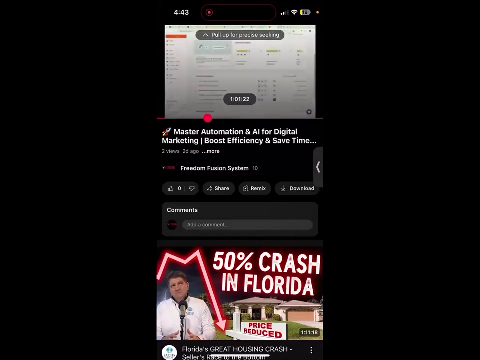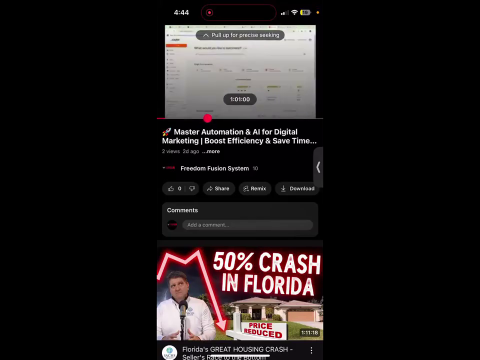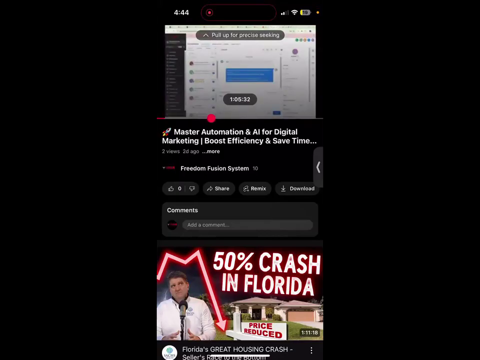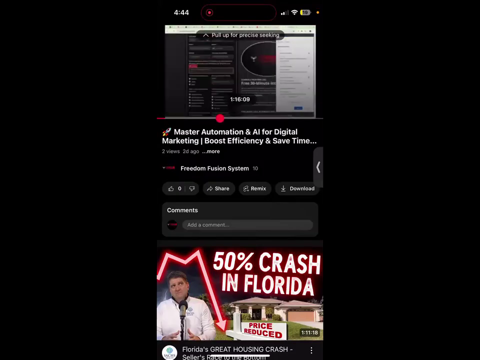Over here, I'm showing you Zapier, how I'm logging into Zapier and creating a bunch of zaps. Those are the zaps that I was talking about, like for YouTube clips. You could check it out, and this is an example of how to pull this off. This is the Freedom Fusion system, where all the leads come in to a central place. And this is the Freedom Fusion system website.